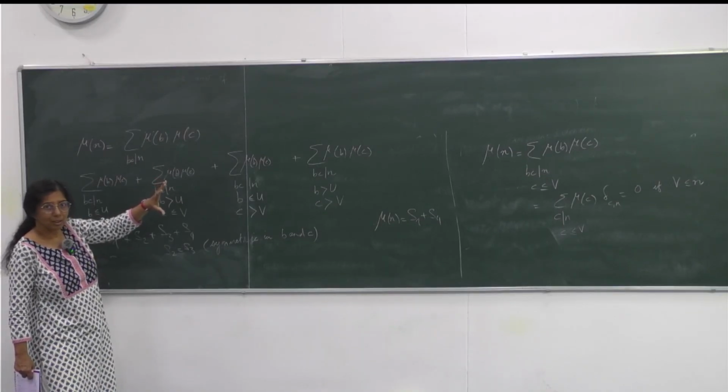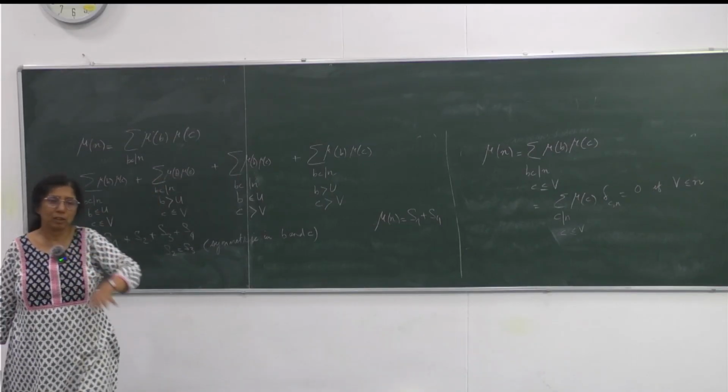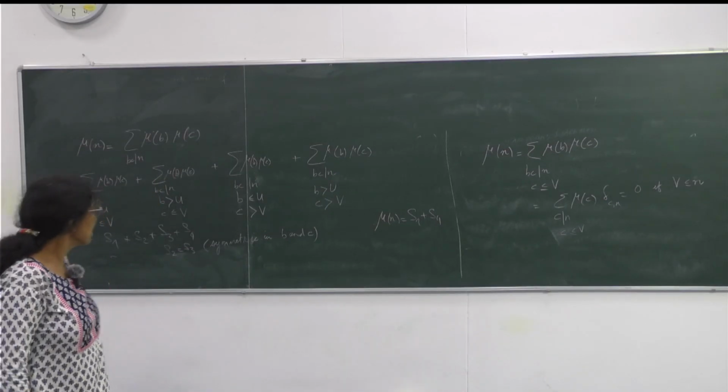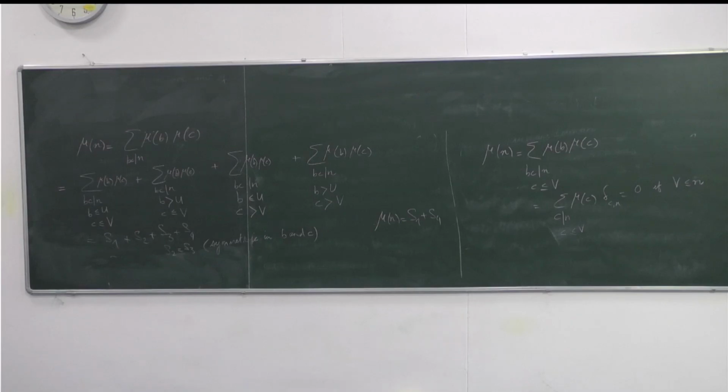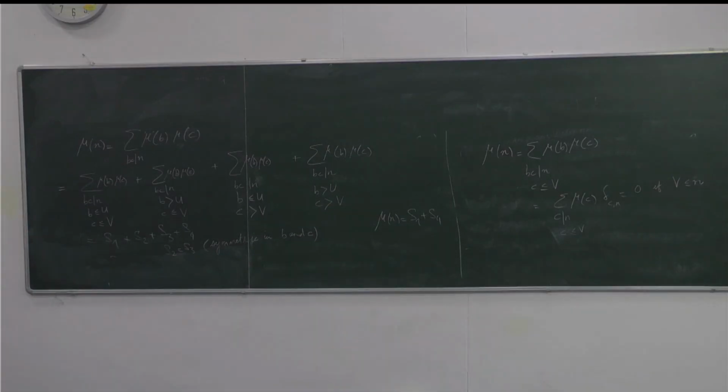That should be in both the sums, right? So in one sum, one divisor is greater than B, the other is less than it. But in the other sum, one divisor is greater than it instead of B. Think about it. I think there's something very simple in the story which